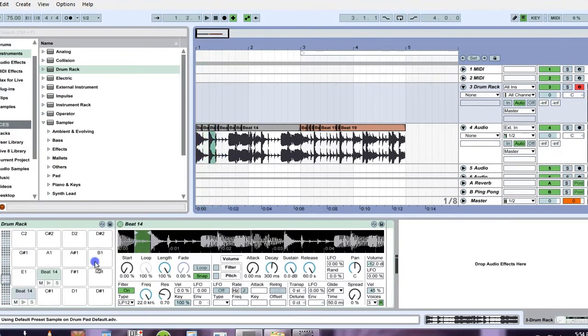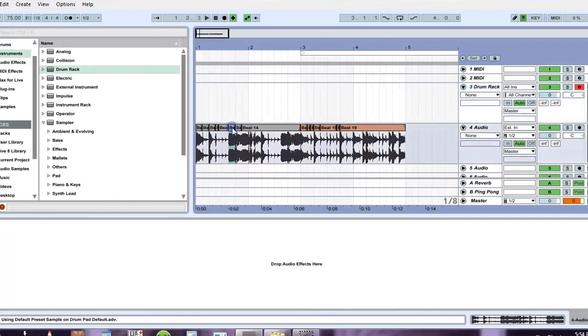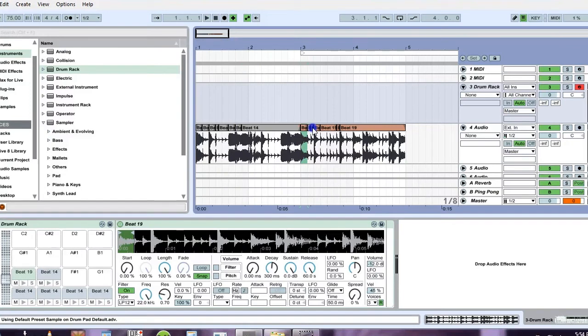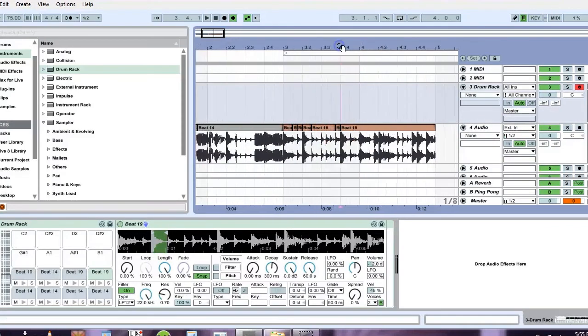Hi-hat, snare, kick drum, another snare, and got a kick drum here, some hi-hats here, another snare here, and this weird hi-hat there. Whoops. Okay, now